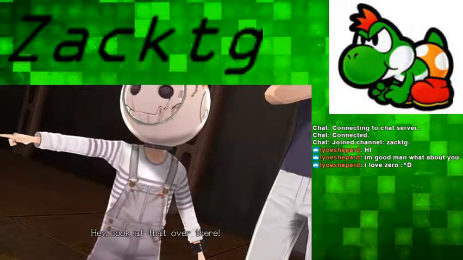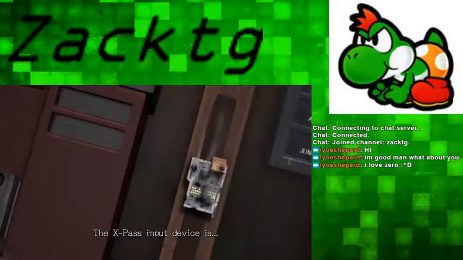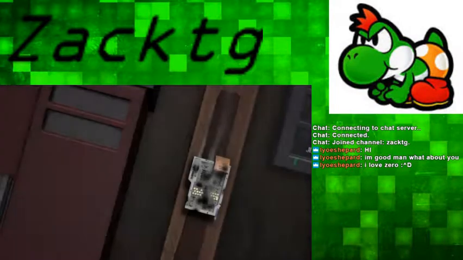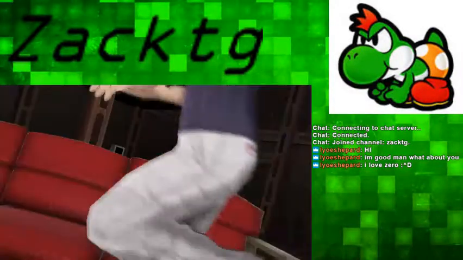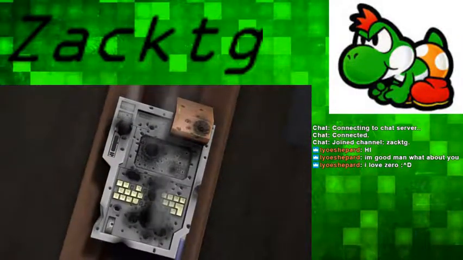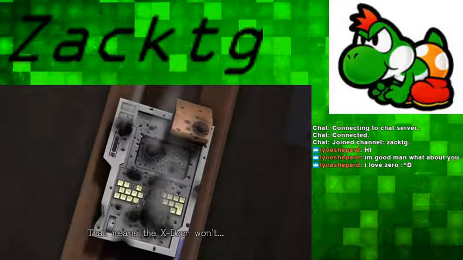Hey, look at that! Over there! The X-Pass input devices. I thought that only C-Team's input device was destroyed by the shotgun blast, so why the heck is D-Team's input device destroyed? Well, unless they're all the same ward. And with the tricks of the healing room, that could easily disguise the rooms. That means the X-Door won't...